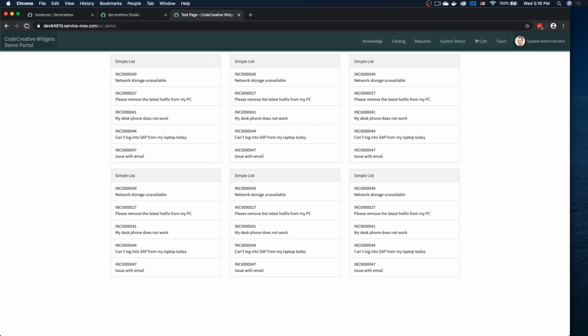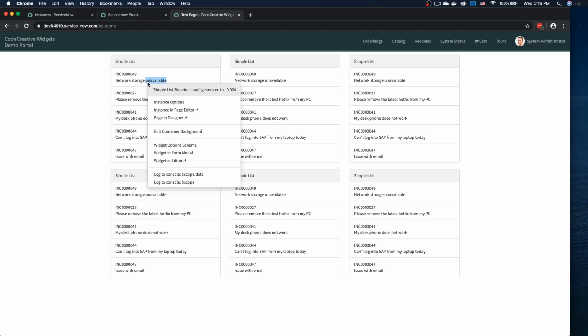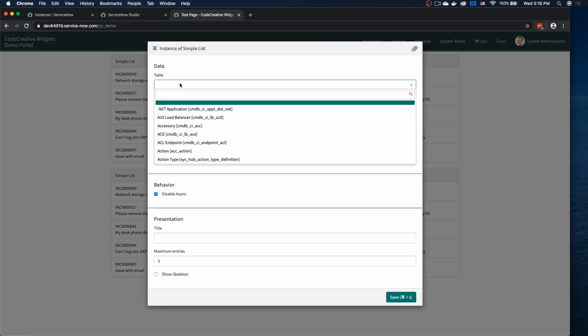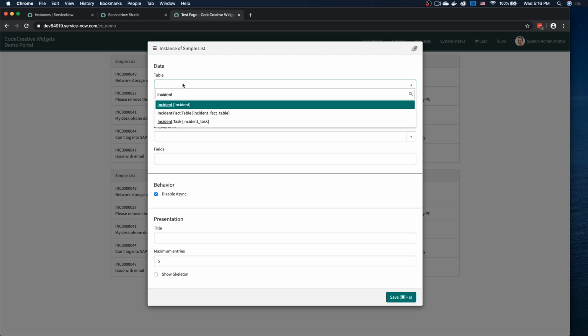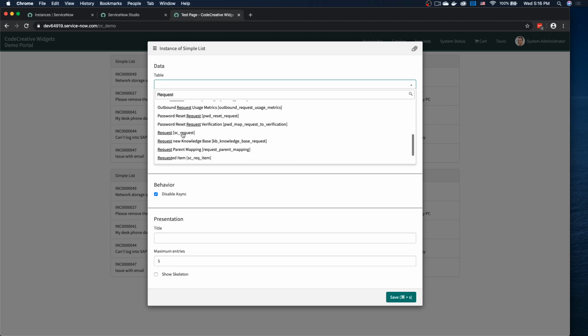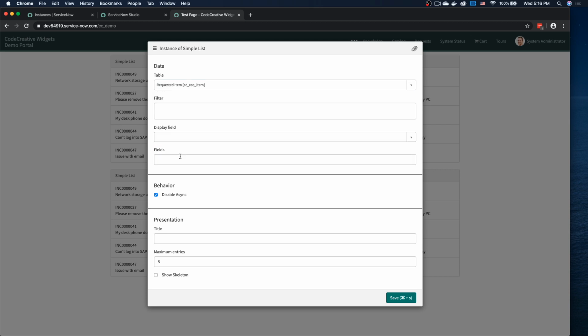Nah, didn't seem to work. It's still showing the skeleton. So we'll have to explore that one next time. Let's test some of the other instance options. Actually, let's go with requests, just so we're changing it to something else. Requested items, filter,